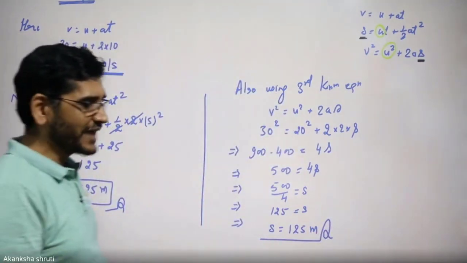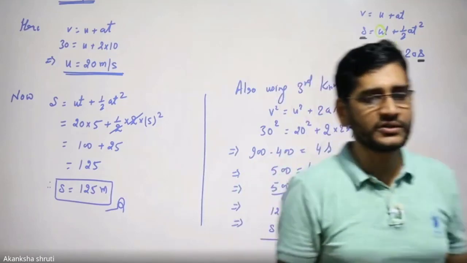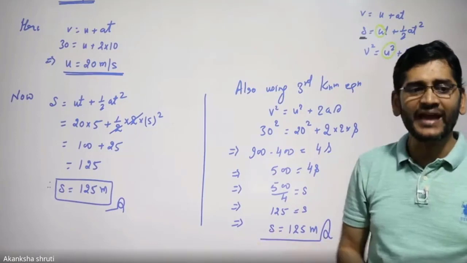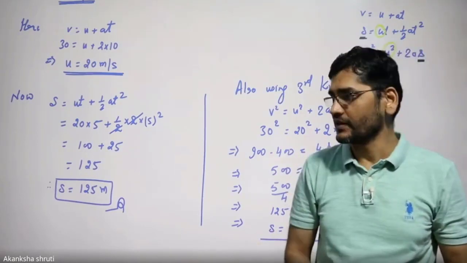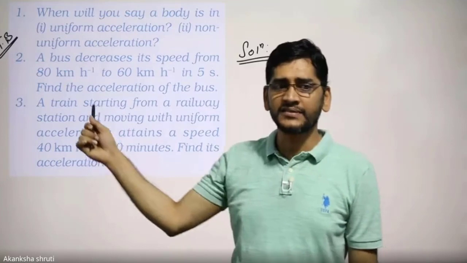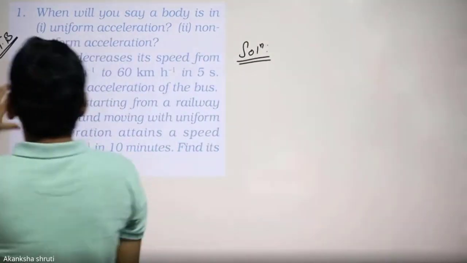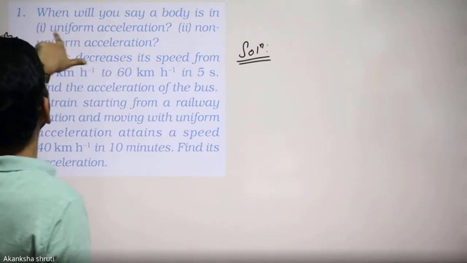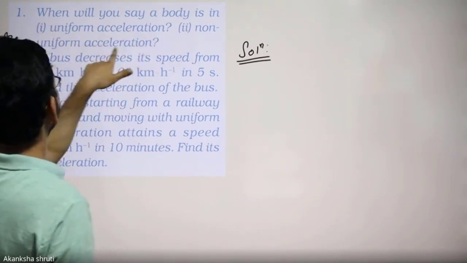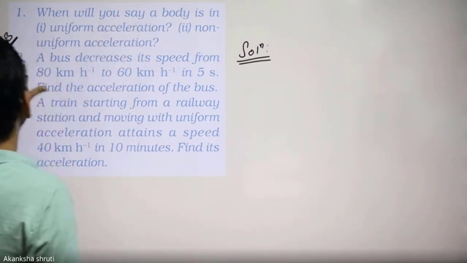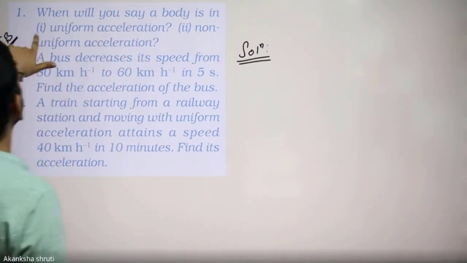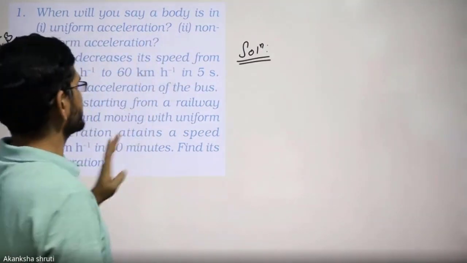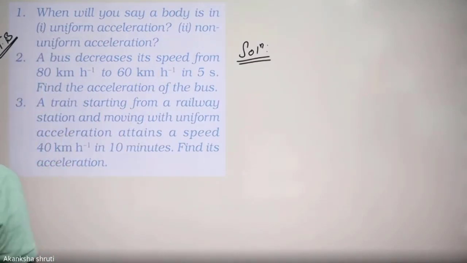So from these two numericals, you have understood how to approach the numerical. Okay, student? Various numericals are given in our textbook. Let us take some of them. Students, let us come to the textbook question, the blue question or in-text question. The first question, uniform acceleration and non-uniform accelerated motion. Very easy. Let us come for the second question. Students, for the first question, if you have doubt, you go through the previous videos. There the differences and all the explanations are written. Let us come to question number 2.